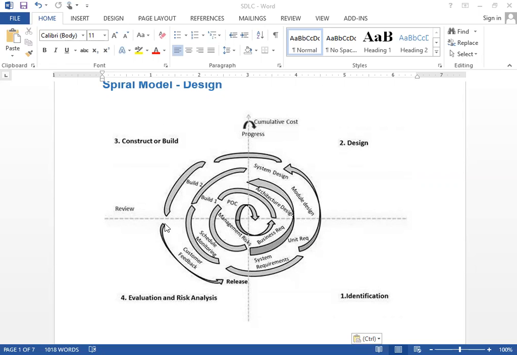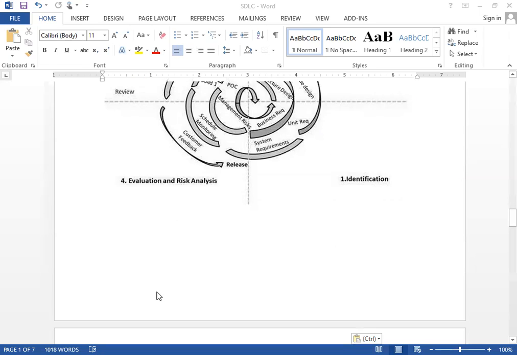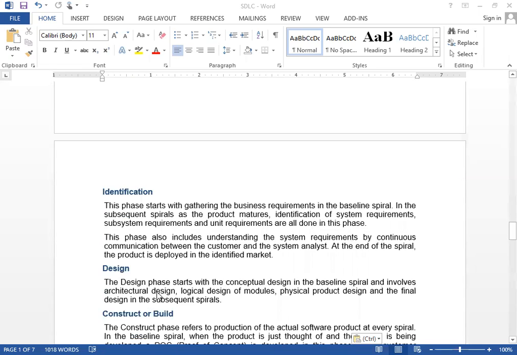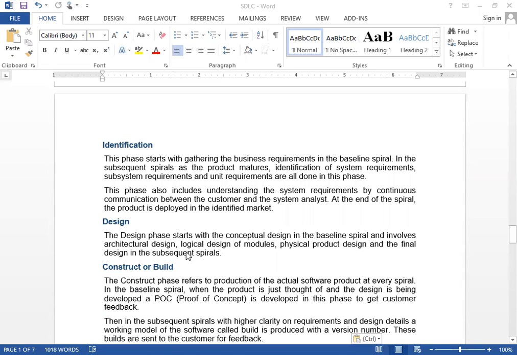The spiral model performs the identification, design, construction, and evaluation and risk analysis phases. In identification, it gets the requirements. In the design phase, it performs different types of design: architectural design, logical design, model design, physical product design, and final design in the subsequent spirals.